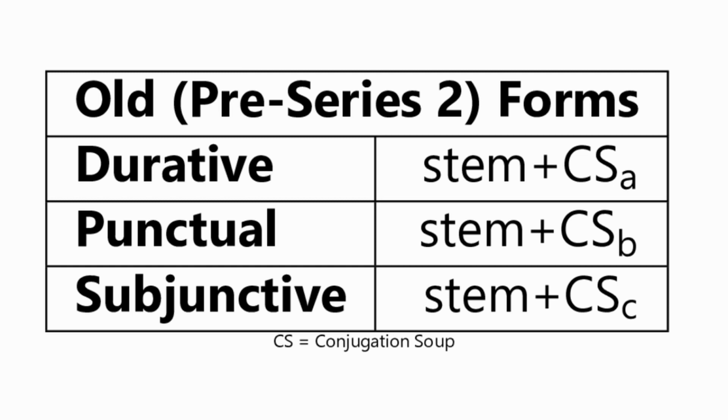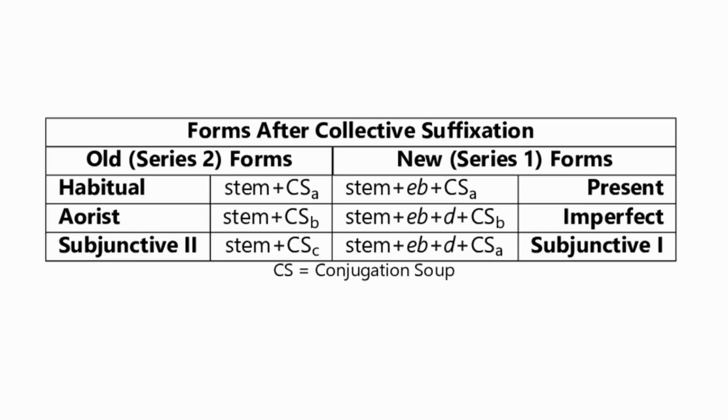Now, Series 1 was the next to develop. The way this happened was, the old collective marker was actually added as a suffix along with some conjugation soup after the root verb in the old Series 2 conjugations to get a Series 1 conjugation. This suffix actually changed the verbal aspect. Series 1 ended up being a mirror of Series 2, but the Series 1 verbs were generally the durative version of the Series 2 punctual verbs, and we also see the verbs starting to differ in the category of tense